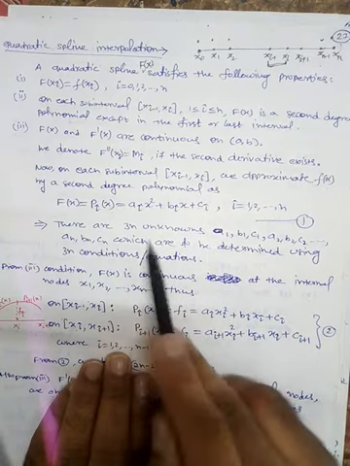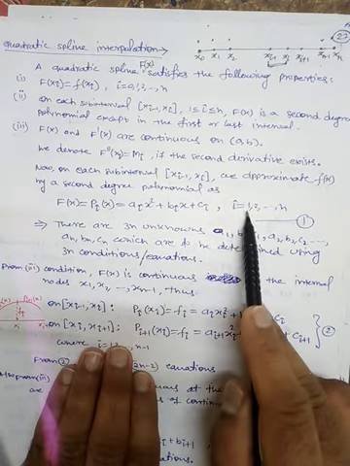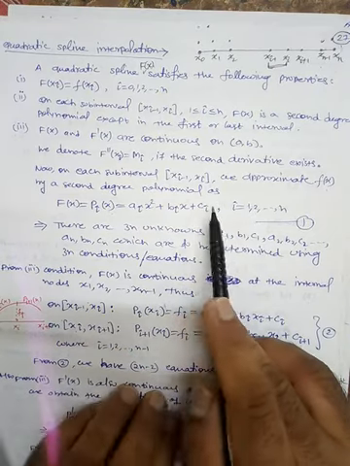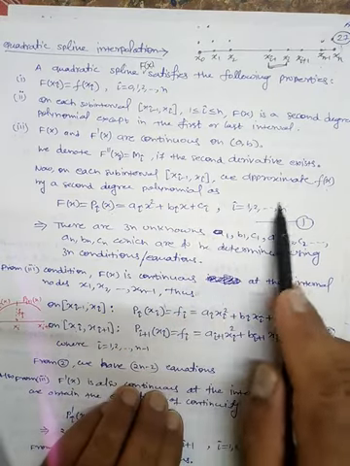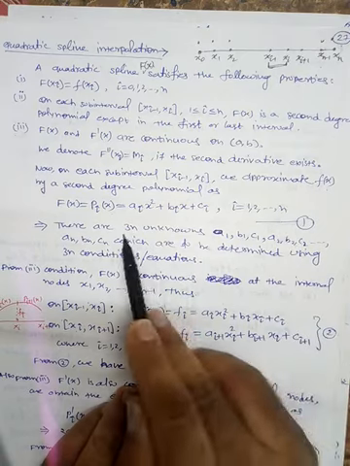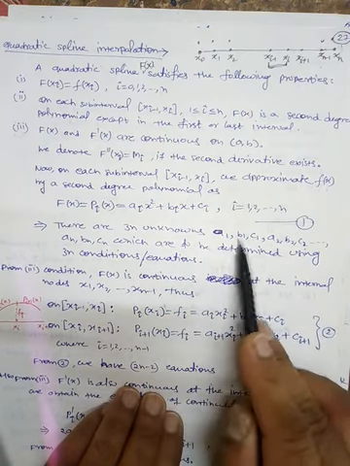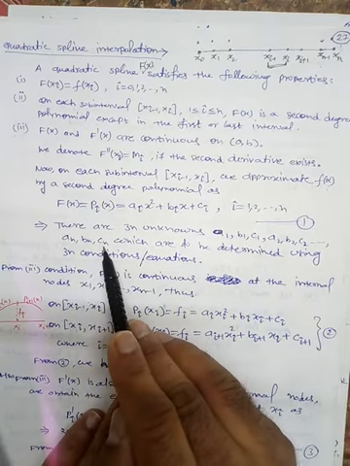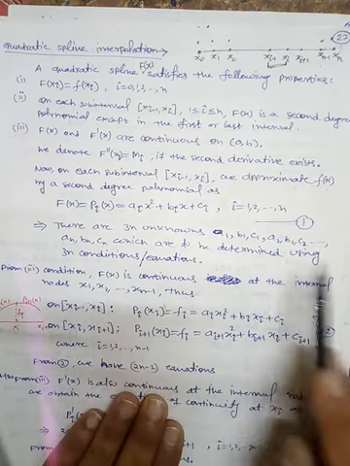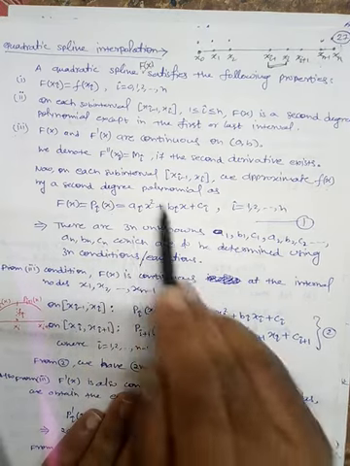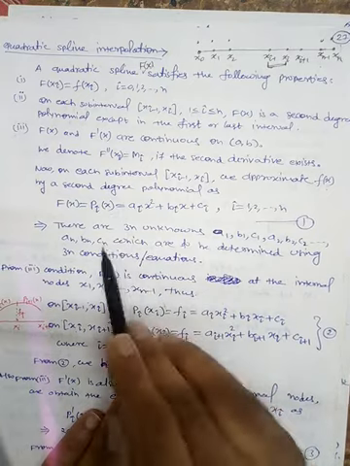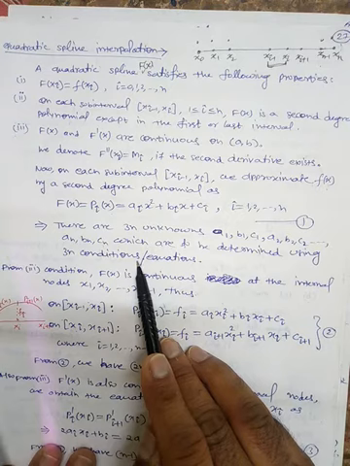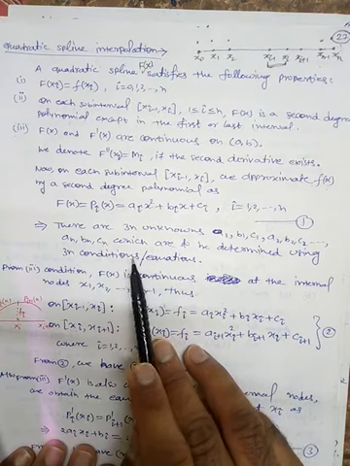So there are how many unknowns? For example, for i equal to 1, we have a1, b1, c1, three unknowns. And since i is total n in number, that's why we have total 3n unknowns: a1, b1, c1, a2, b2, c2, and so on, and an, bn, cn, which are to be determined using 3n conditions. So to find these values from a1 to cn, we need 3n conditions, and these 3n conditions are extracted from the assumptions.